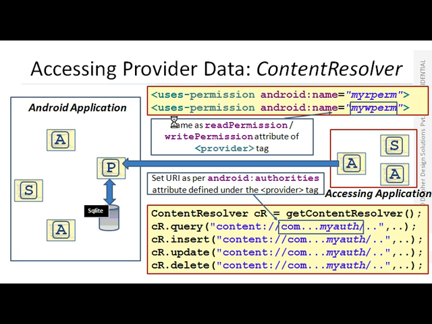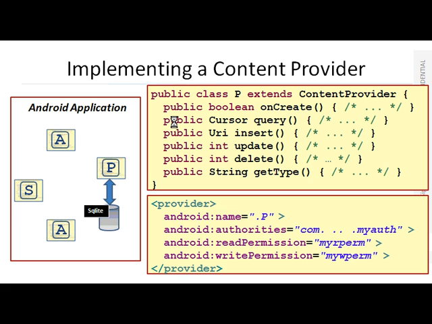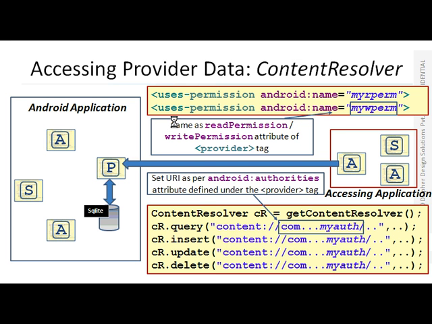All right. So we must have a content resolver object. After getting this object, we will specify the path name of the database of the application which we are going to access, in terms of the authority. This authority we have specified here, and this is a second attribute of the provider type. So we will specify the path of the file which the Android application is going to share.